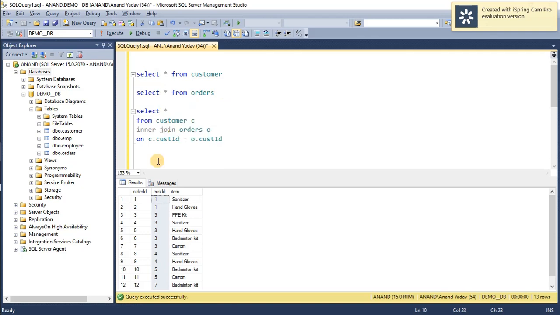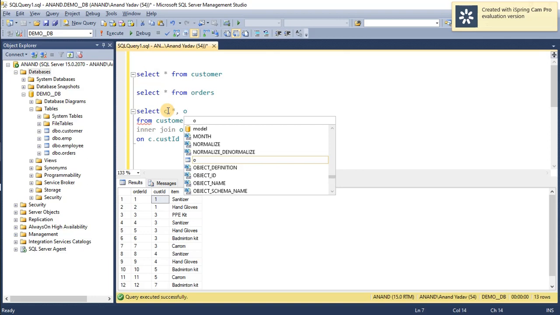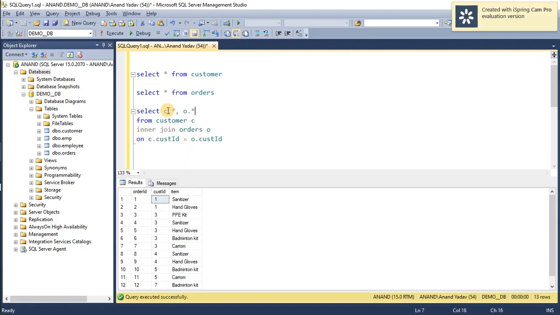Now you can see that this customer ID is present in both tables. So when we do a star, there is a possibility of ambiguity, as this column is present in both tables, so we'll use the alias. I'm just using c.star and o.star. In this way it points with the alias name: c.star will point to the customer's fields and o.star will point to the orders' fields. So let's see the output of this.